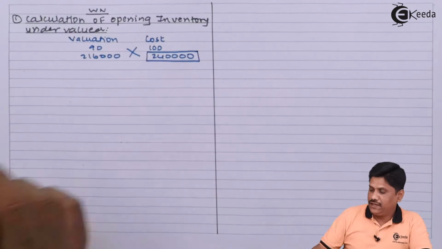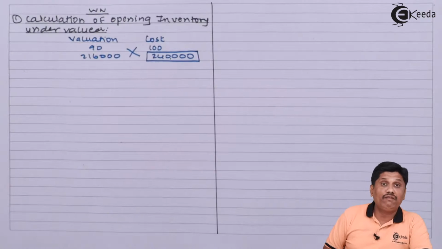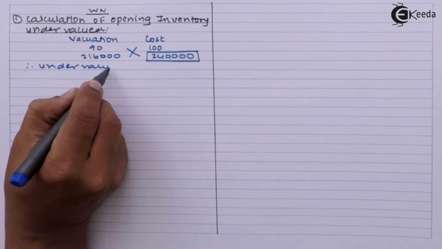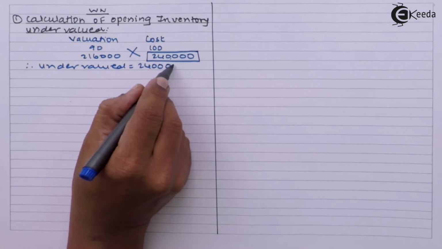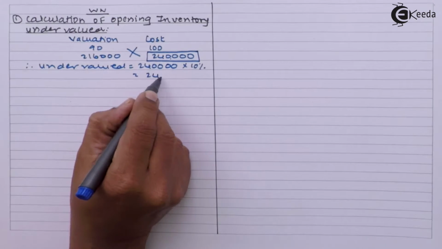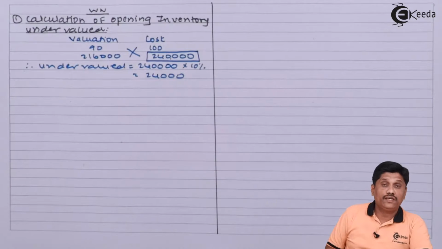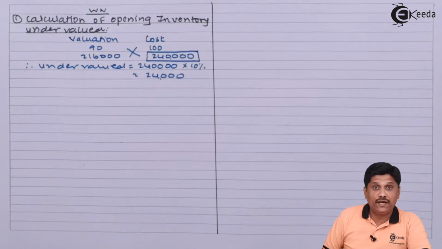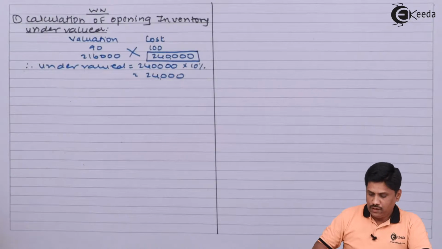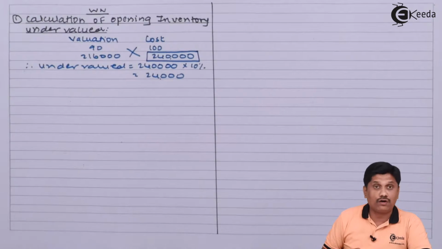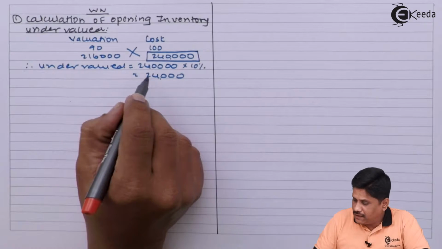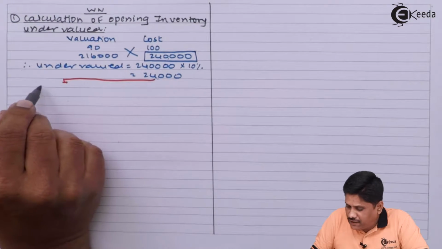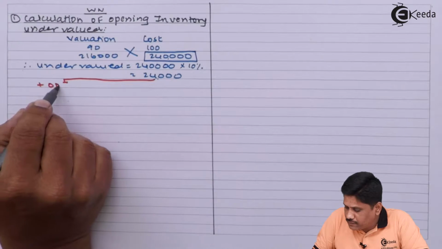Correct cost should be 2,60,000. It is undervalued by 10%. $24,000 से अंडरवैल्यू हुआ था. अभी बच्चा लोग, अगर मुझे इसको एडजस्ट करना है तो मैं कैसे एडजस्ट करूंगा? मुझे मेरा इन्वेंट्री यानी स्टॉक, ओपनिंग स्टॉक बढ़ाना पड़ेगा. तो सबसे पहला इफेक्ट, it will be added to the opening stock to correct